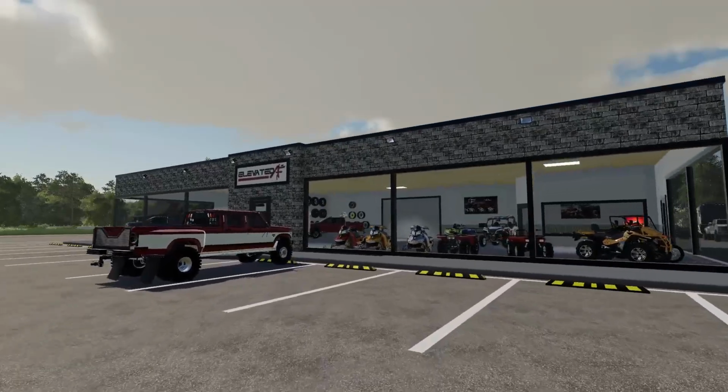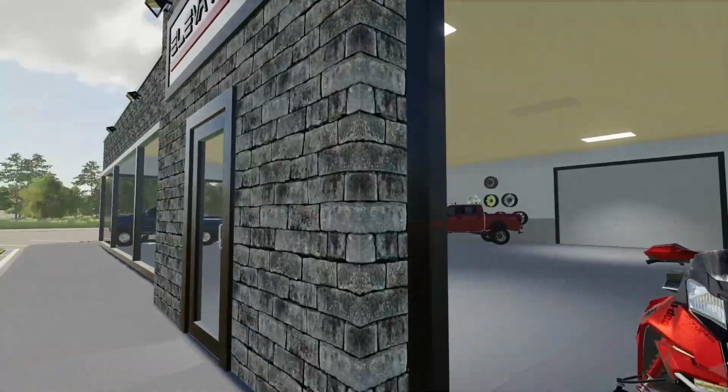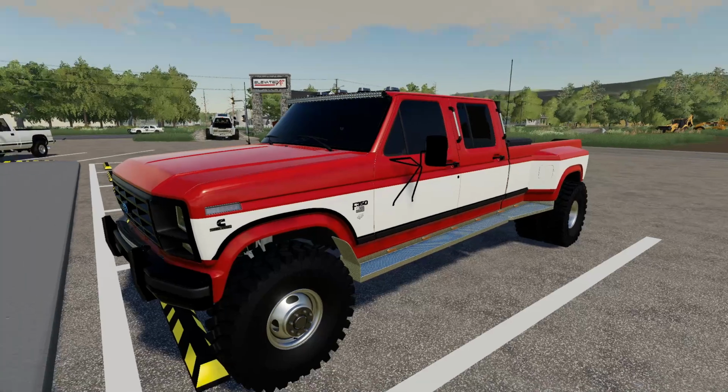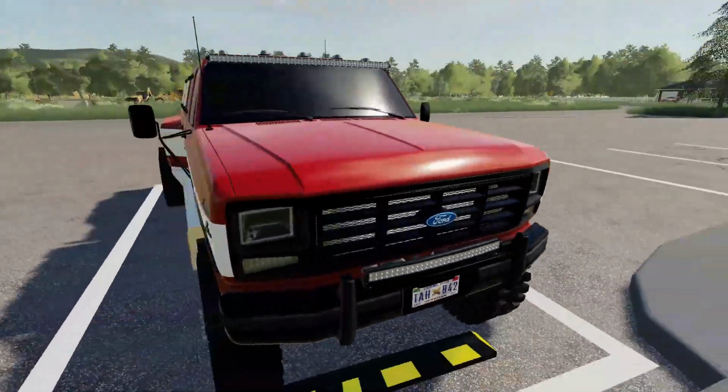Well, we're back here at Elevated AF, and today we're going to be trying something that we've never done here before. We're going to attempt to turn a 4-door truck into a 6-door truck. And no, it's not this one, but it's pretty similar. A little bit newer. Anyway, we're going to go take a look at the truck that we're going to be